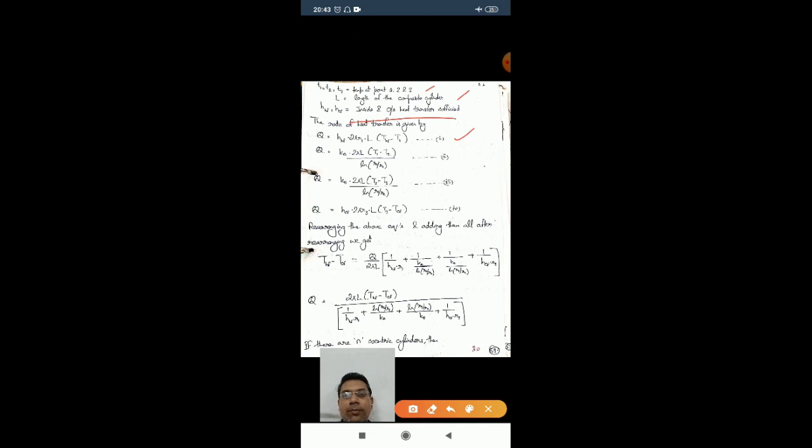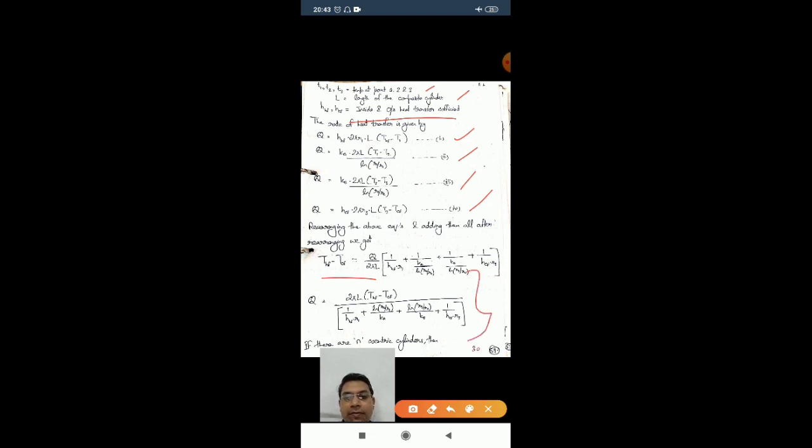Then heat transfer through the metal body, that is metal surface A, then metal surface B, and from the metal surface to the outer ambient condition, that is to TCF. So writing in the form of temperature difference and adding all the terms, we get this equation, or Q equals this.